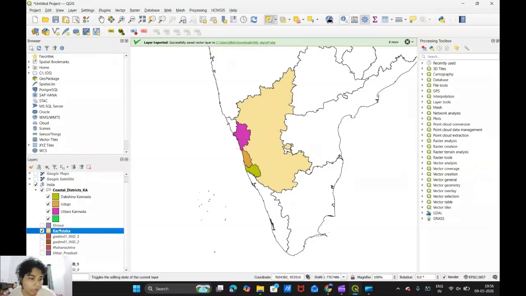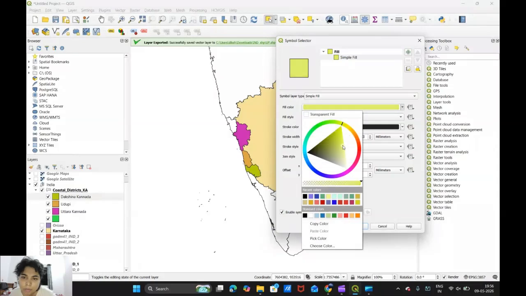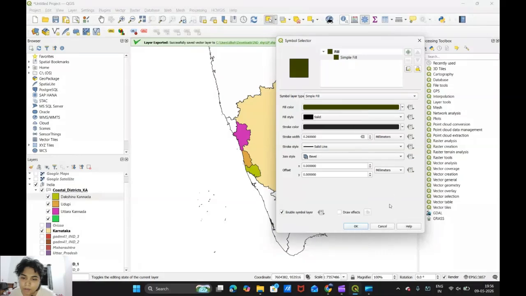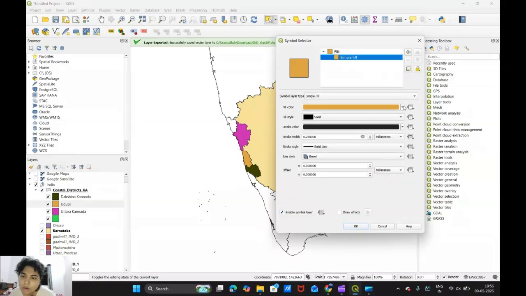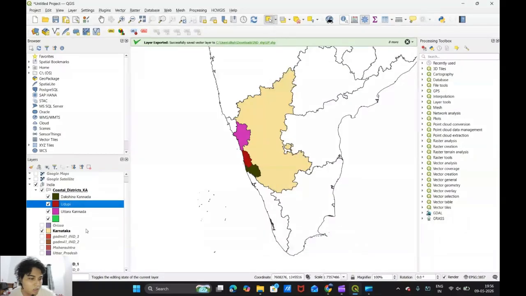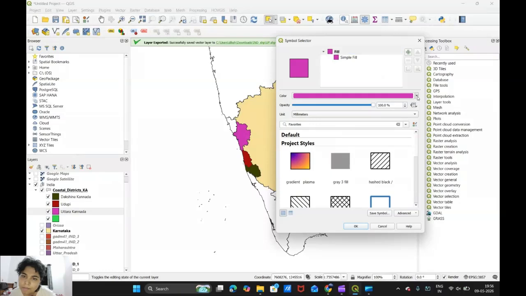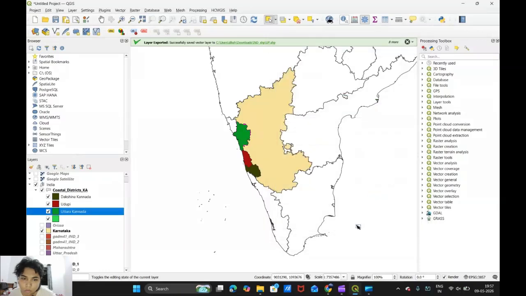Okay, then I want to change these colors. So I don't want Dakshin Kannada to be seen in this color. I will change it to maybe something like that of a darker color, maybe this one. Click on OK. So it has changed its color. Udupi, let's say I want to change Udupi's color also to something red or brown. Click on OK. That has also happened. Uttar Kannada, I'm not happy with this color. So I will yet again go for giving it maybe some green color. Okay. And OK. Now make sure that you apply it, because if you don't apply it, the changes don't become